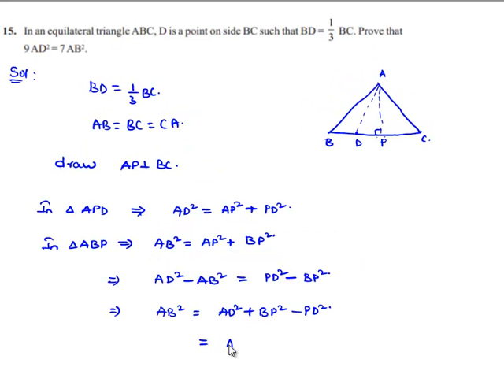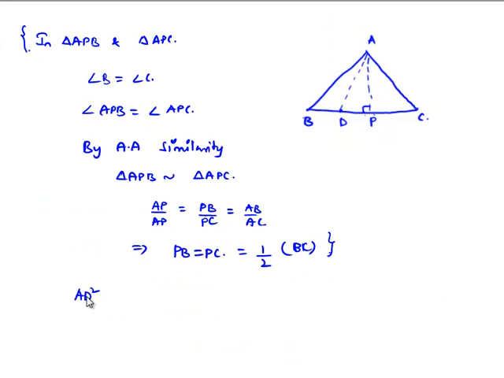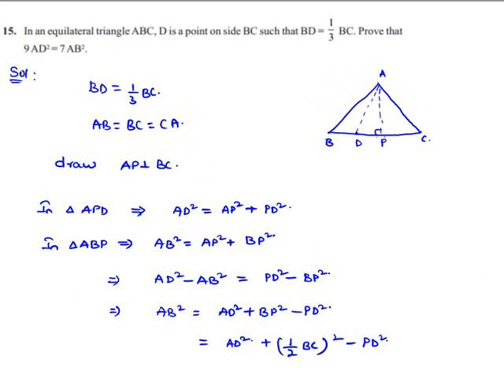AD square, let it remain as it is, and as AP is an altitude, we can say that it bisects BC perpendicularly. So half BC whole square is nothing but BP square. Then the equation becomes AB square is equal to AD square minus PD square